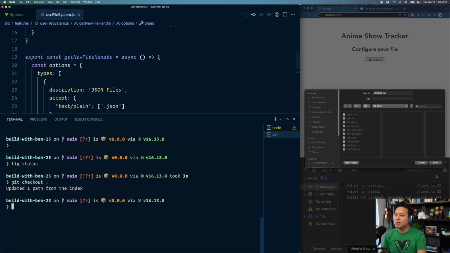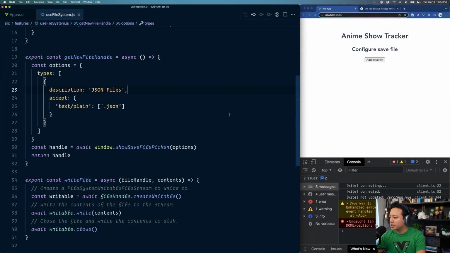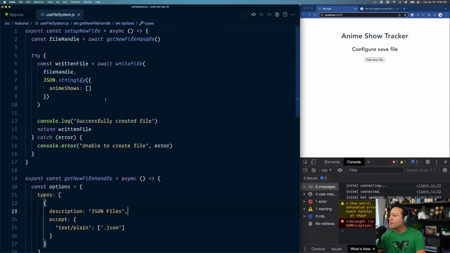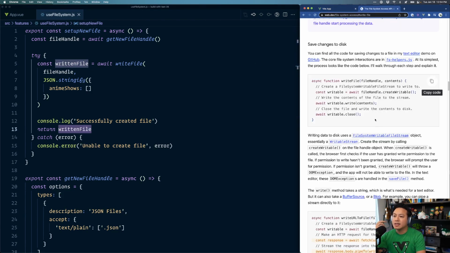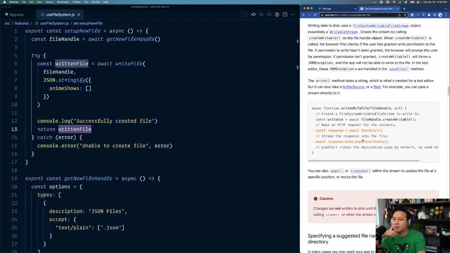Everything reverts. Excellent. Okay, the final piece we're going to need to go into for this, at least proving that we've had this actually. More importantly, right now, written file is being returned as undefined, and I don't know why. Like once you saved it, you've closed it and you wrote the contents to the disk. I would think that the await would then